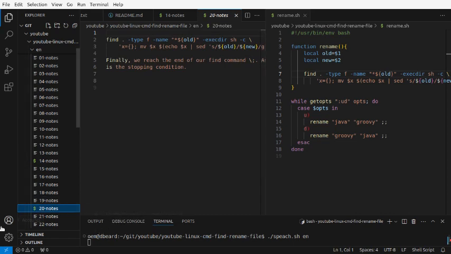Find . -type f -name *$old -execdir sh -c \ x= mv $x $(echo $x | sed s/$old/$new/g) \. Finally, we reach the end of our find command. As we have seen, find works on recursion, so